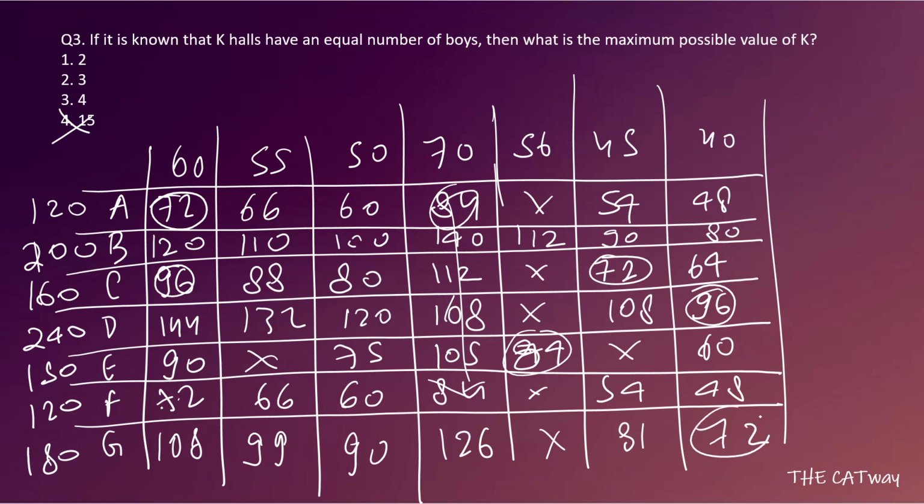So 72 is being repeated three times, and other numbers were also repeating themselves, such as 90, which repeated one time, two times, and I guess one more time somewhere also. So there are two, three numbers which are being repeated, but the maximum number of times any number has been repeated is 3. Okay, so our answer for this question would be 3.